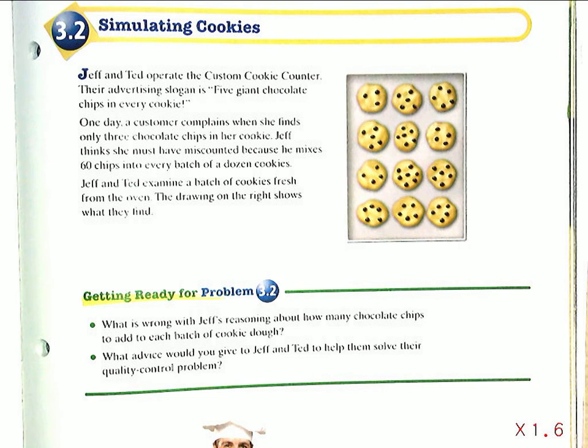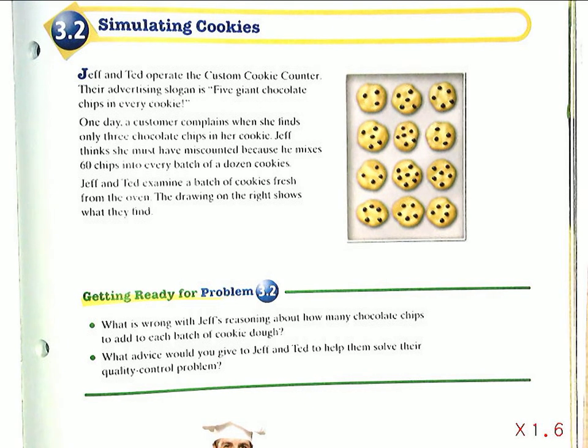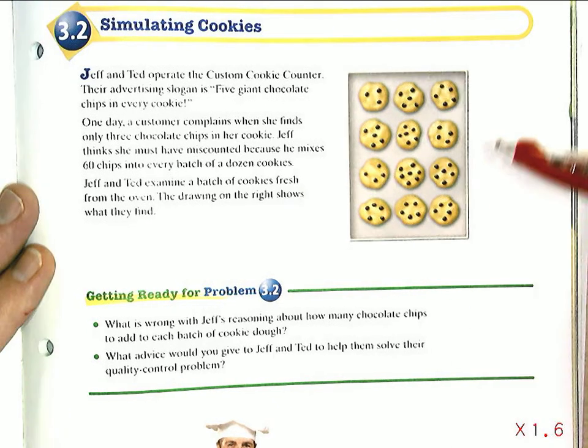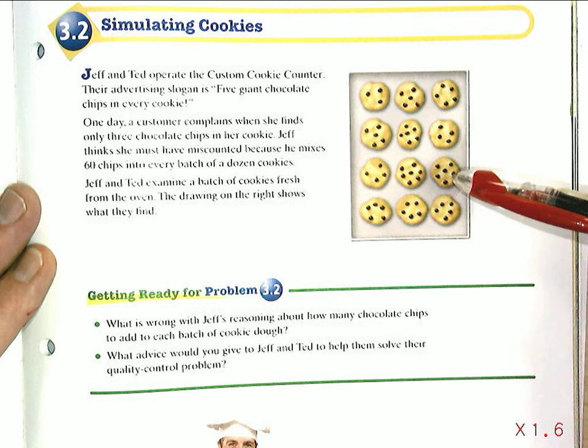So in this lesson, I'm just going to give a quick overview of what we did for problem 3.2 in samples and populations. This was a good problem to look at how random sampling can be used to solve a real world problem. In this case, we have a set of 12 chocolate chip cookies here,